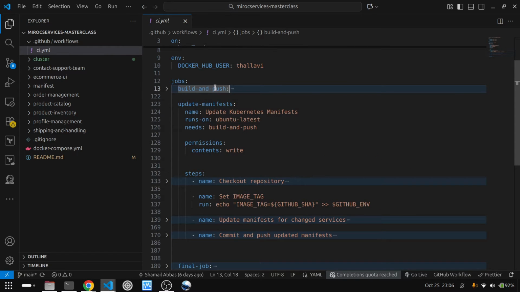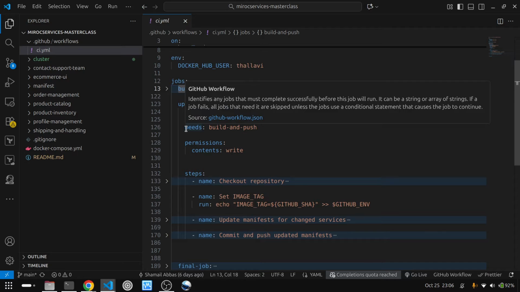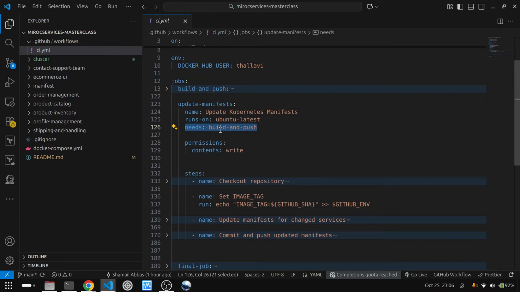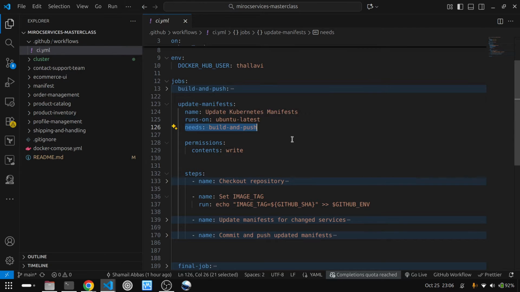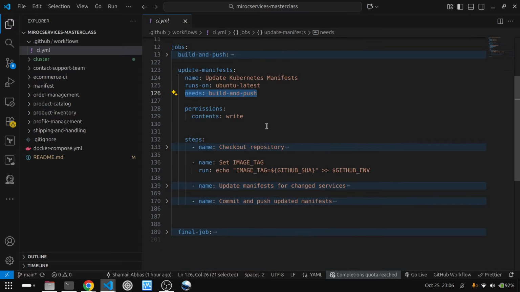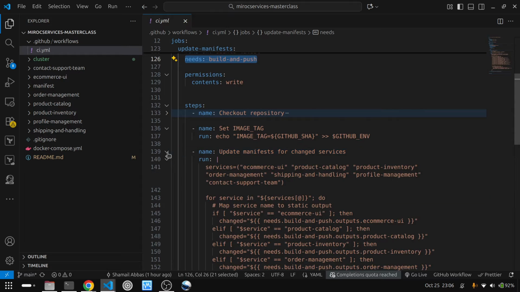So now after this job will trigger, and this job, update manifest, depends on this build and push job. As you can see, it has this needs, and in front of this needs it has build and push. That means this job needs this particular job to be successful. If this job fails, this particular job will never trigger, right? And then what it will do is,